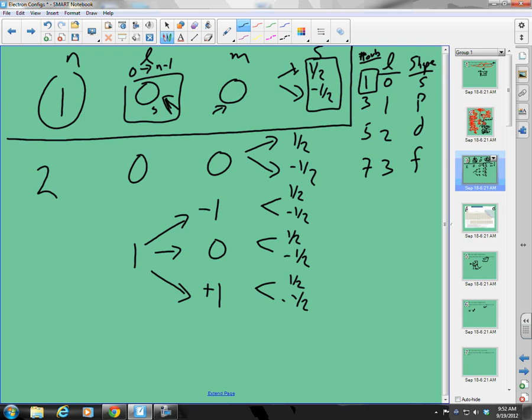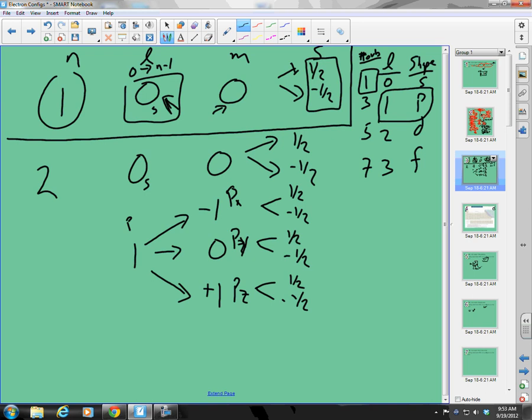And this would be S. This is when L is equal to 1. What do I have? L equals 1. That means I have a P orbital, so this would be a P. And this would represent some kind of maybe a PX. This might represent a PZ or a PY. And this would represent a PZ, right? The P orbital in 3 different